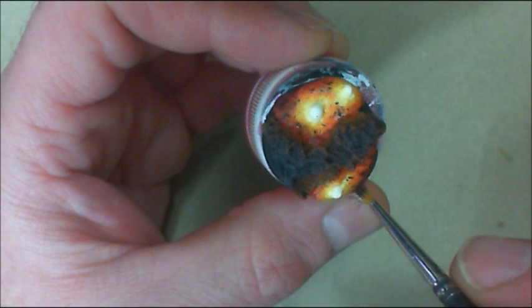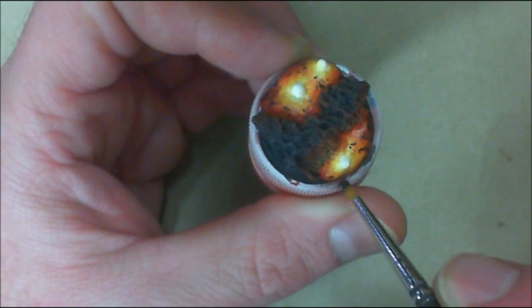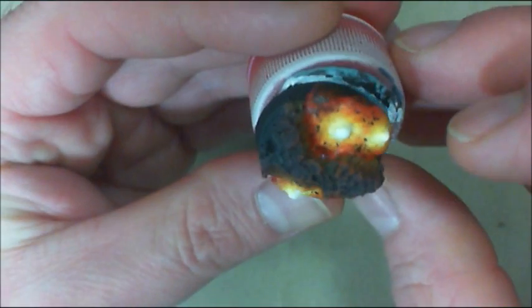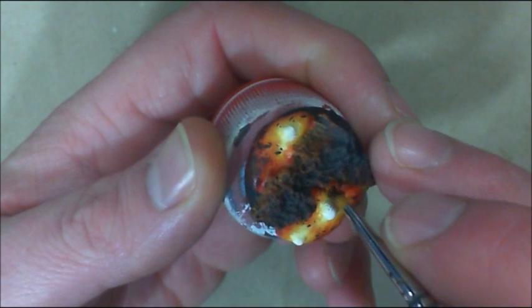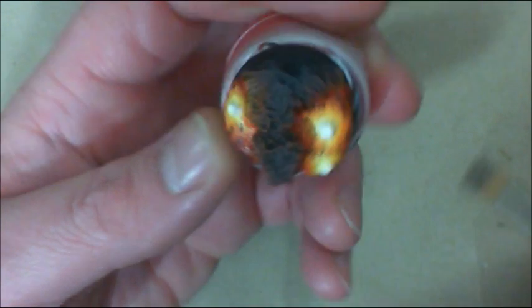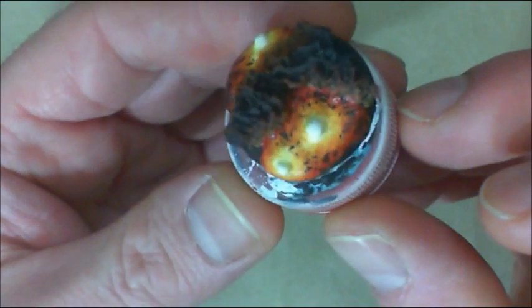And just very lightly, don't flick it. You want to dab it straight down and then pull back up, because you don't want to leave a streak. And you're going to do that anyway, unless you got a super steady hand, which I don't. I mean, I've got a pretty steady hand, but still, maybe just a few, just like little crust floating in the sea of lava. And I think that gives it the realism. Now, if you need to touch up anything, all you got to do is go back with another color, the red or the orange or yellow or whatever, even for that matter,